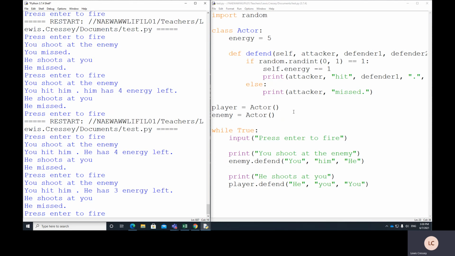Okay, so hopefully that explains a little bit about how classes and objects work in Python. You could definitely develop this game more. So for example, you could give each player a gun with a certain power rating, maybe different types of ammunition,